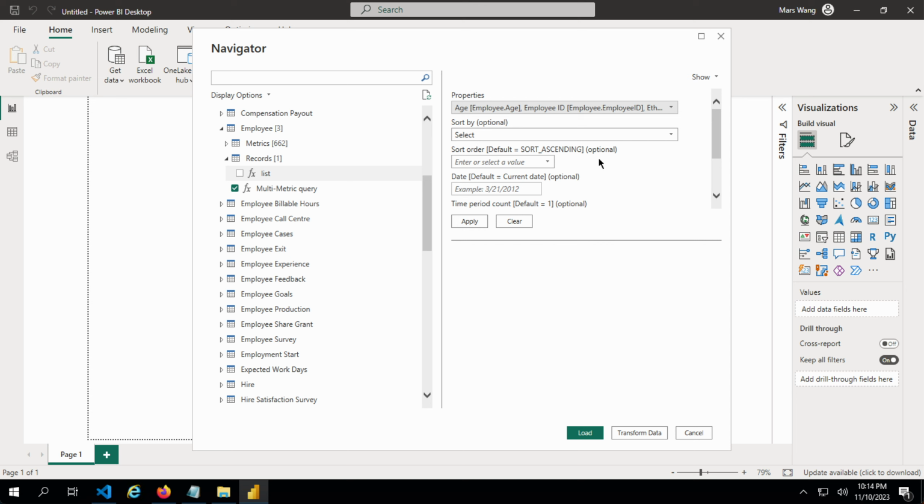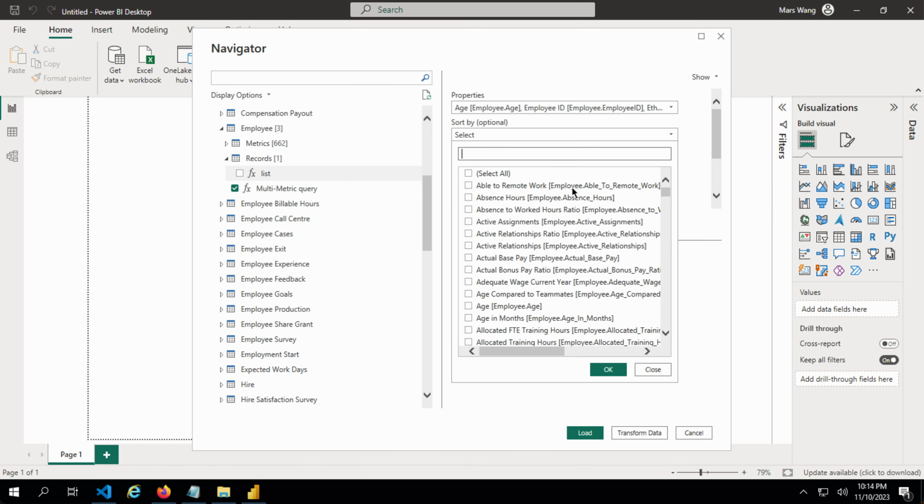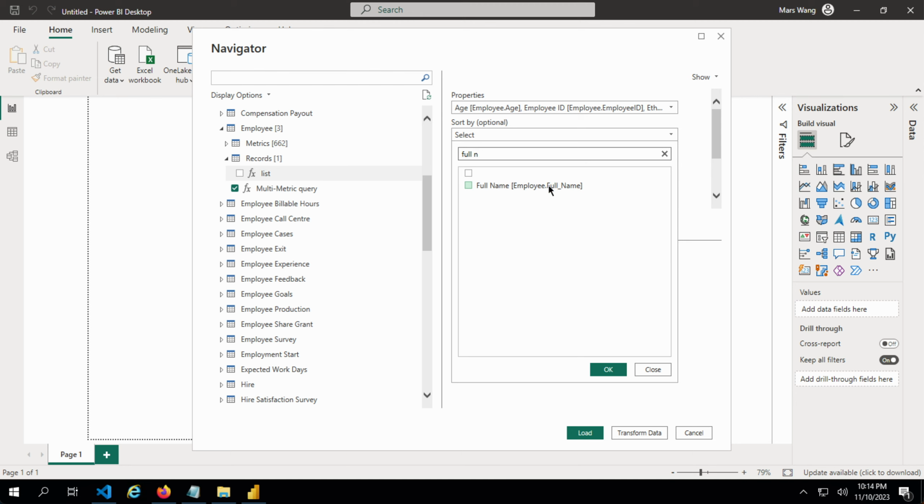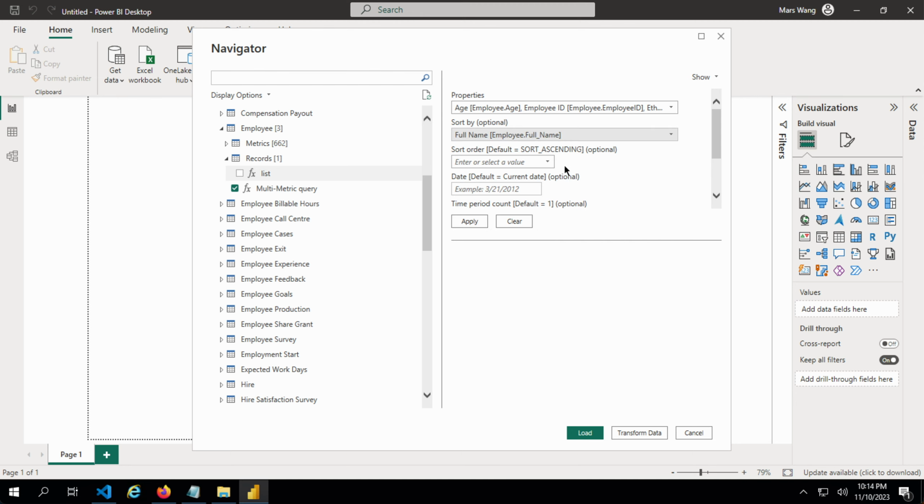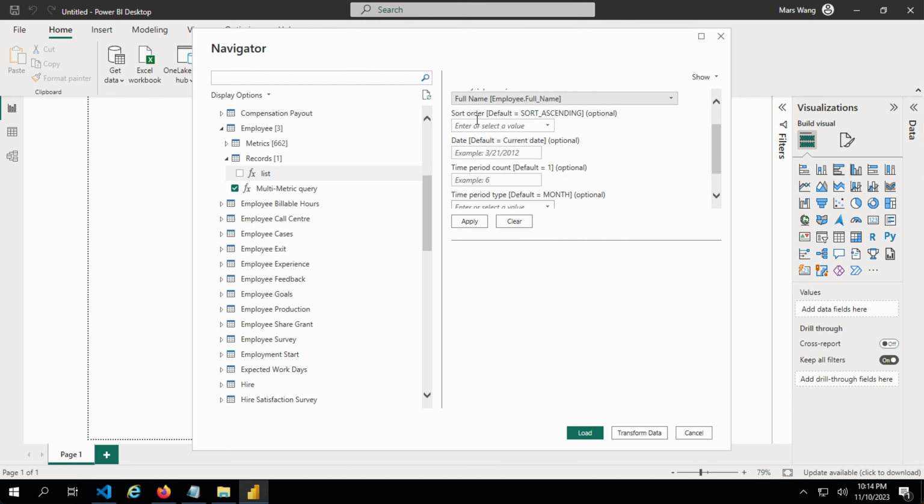And then we can choose to sort by something. So it has to be one of the properties we selected. So we can sort by, for example, full name, and then choosing the sort order, but the default is ascending,